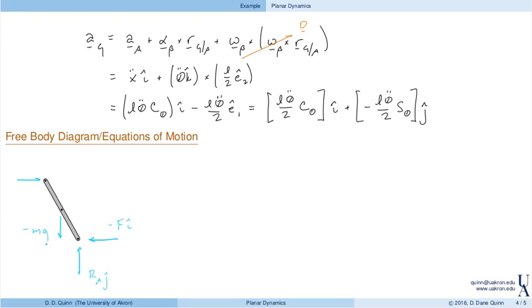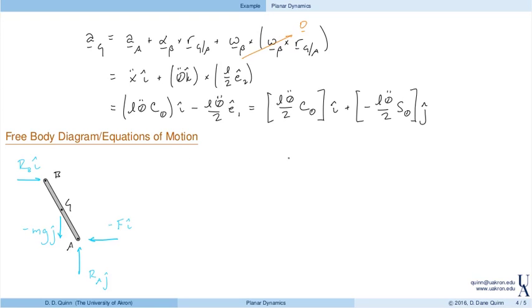The weight, minus mg in the j direction. And finally, at B, the reaction force has an unknown magnitude, but the direction is horizontal. And so again, this was point B, this is G, and this was A. So here we have a free body diagram. We have the forces listed as vectors with unknown magnitudes sometimes, directions as given, and now we're ready to apply